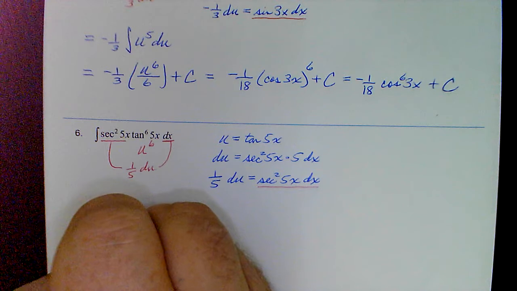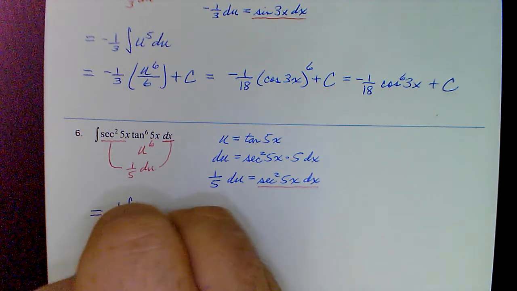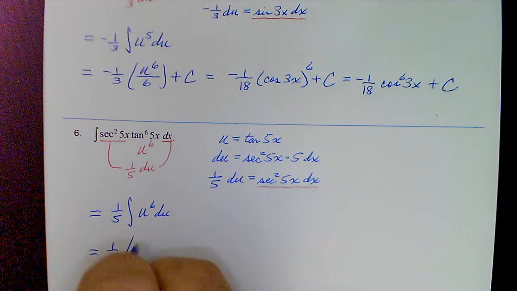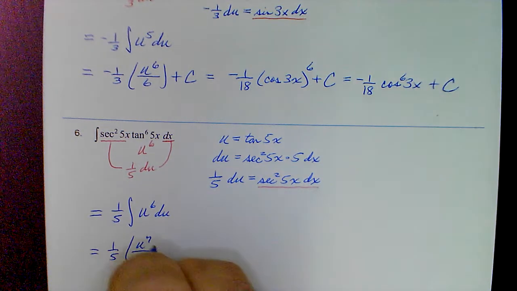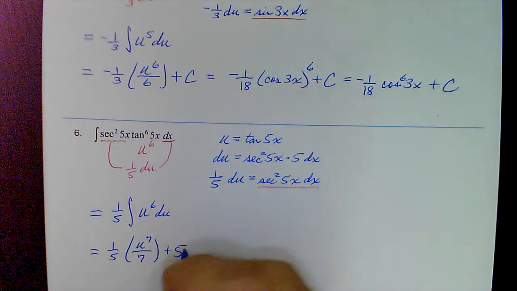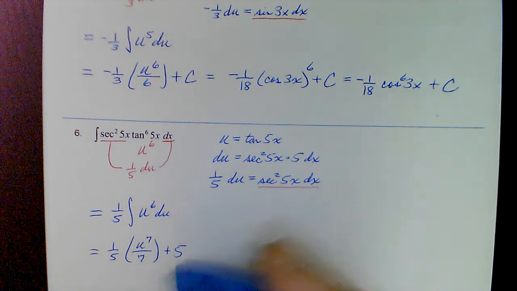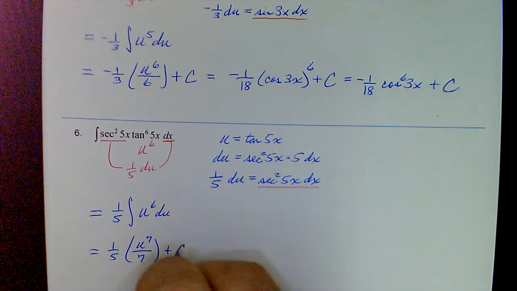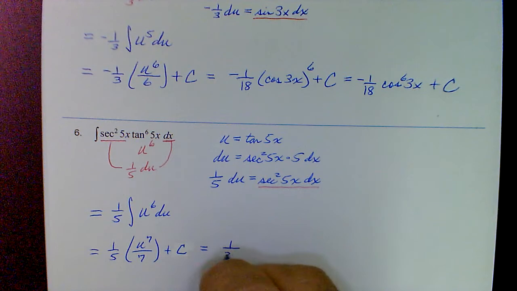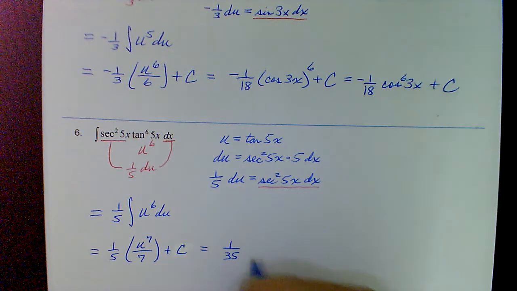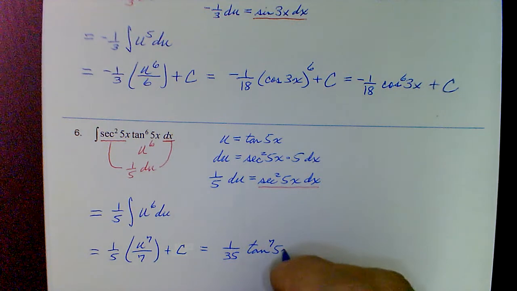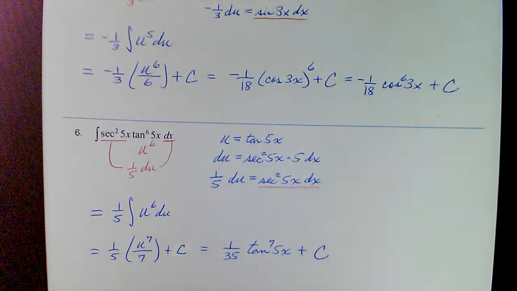Bring out the 1/5. Integral becomes u to the 6th with respect to u. And so we can integrate u to the 6th becomes u to the 7th over 7. 1/5 tags along, of course, and then plus our constant of integration. And manipulating the coefficients, we get 1/35. Back substituting u as tangent, so let's go right to shorthand. Tangent to the 7th of 5x, and then plus our constant. Okay, and as a final example,